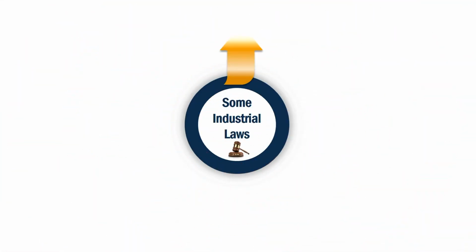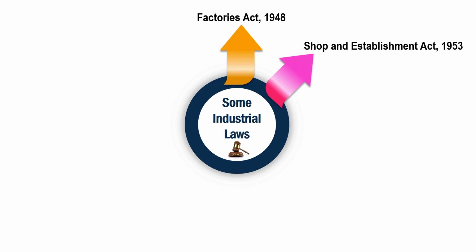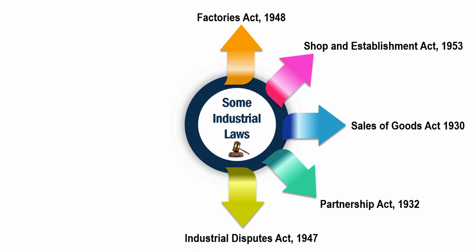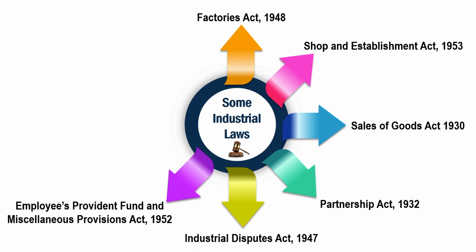Now, there are a number of industrial laws in our country. Let me just name some of the laws first: Factories Act 1948, Shop and Establishment Act 1953, Sale of Goods Act 1930, Partnership Act 1932, Industrial Disputes Act 1947, Employees Provident Fund and Miscellaneous Provisions Act 1952, and the GST, the Goods and Services Tax 2017. So, these 7 laws we shall be discussing in 4 different videos, but we have of course many other laws,